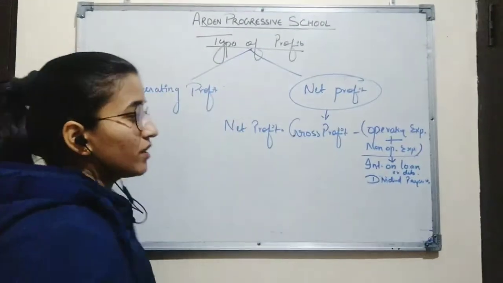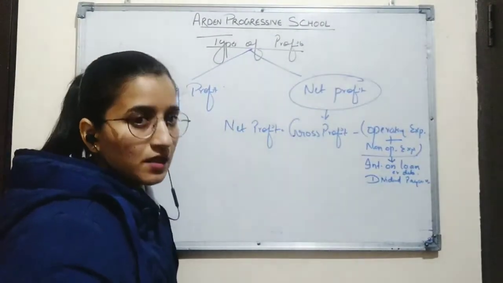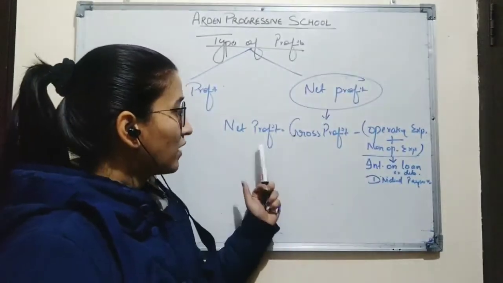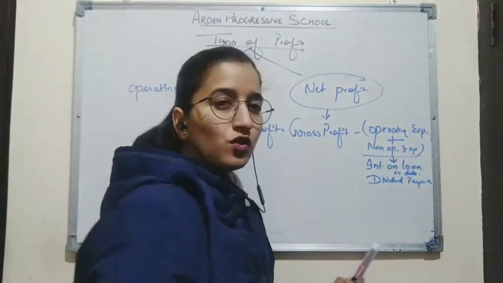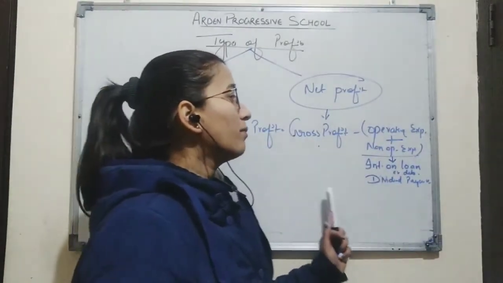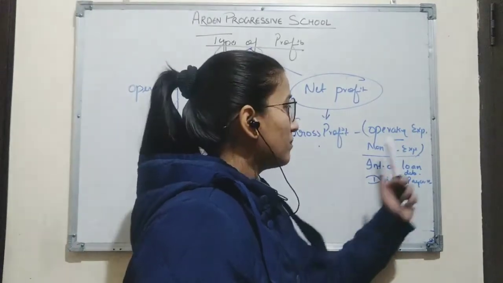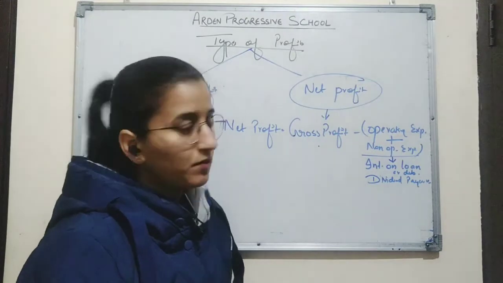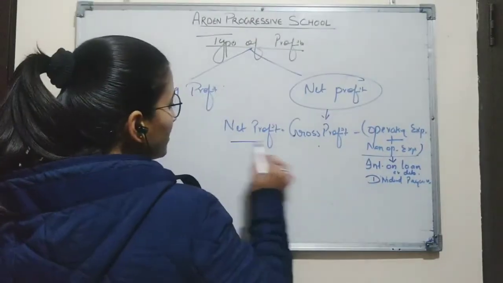Also, if in the question non-operating incomes is mentioned, so we will add non-operating income while calculating net profit. So non-operating income will be added to gross profit, and all the operating and non-operating expenses will be deducted from gross profit and non-operating income. So this is how we calculate